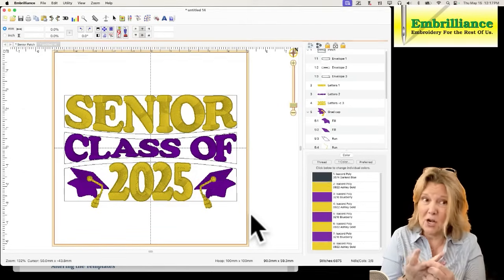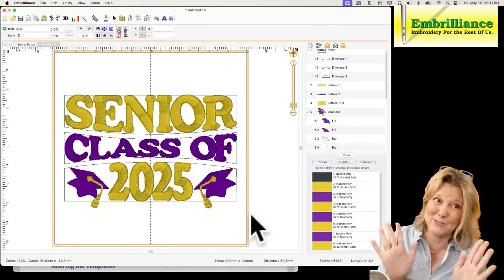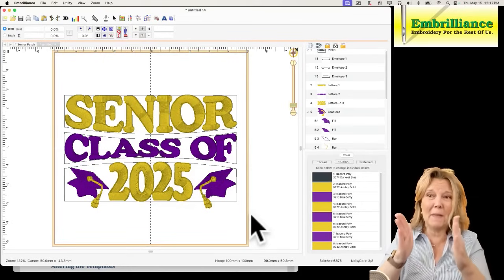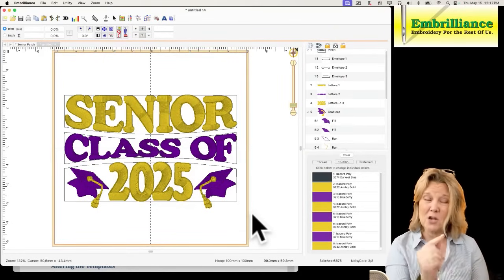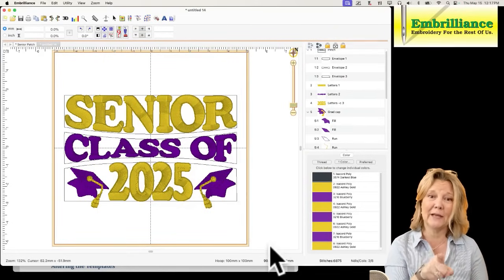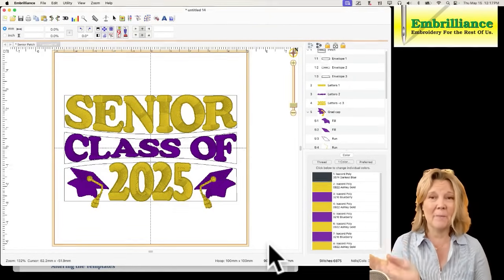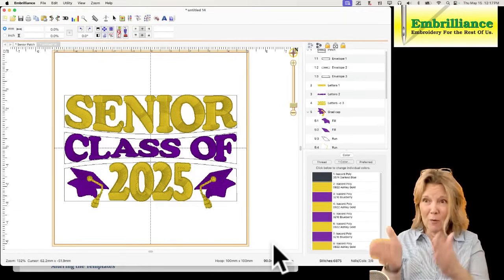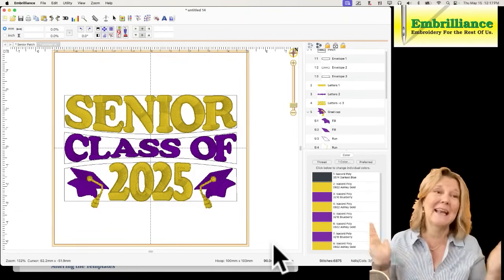Like I said, I know this because I've made a few patches over the years. The easy way for me to check, first of all, I notice this because immediately I'm looking at the bottom of my screen and the width is 90. And that means when I add the patch edge, it's going to be over the size of my 4x4 hoop,